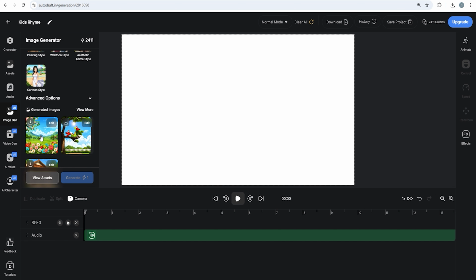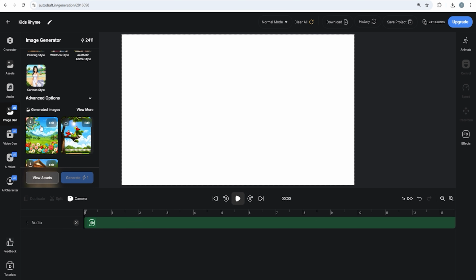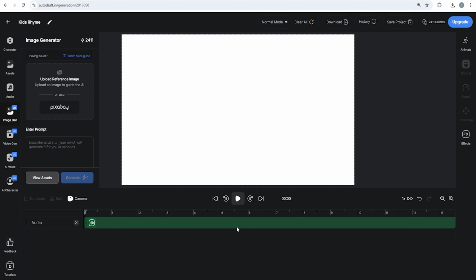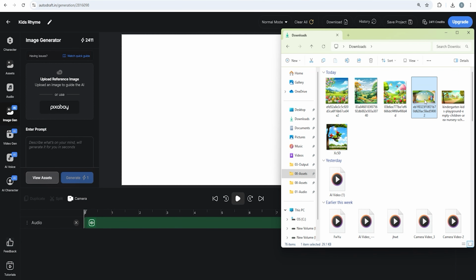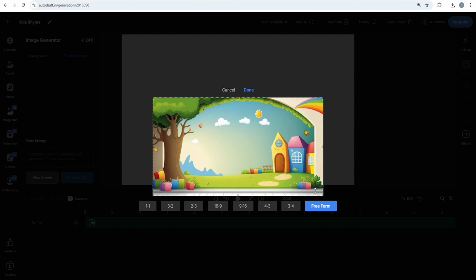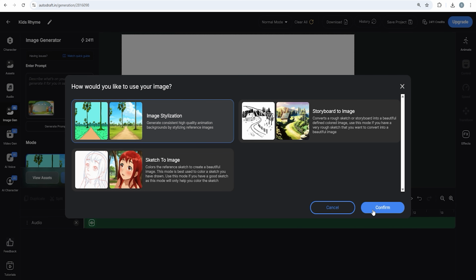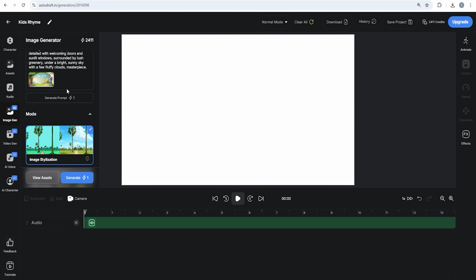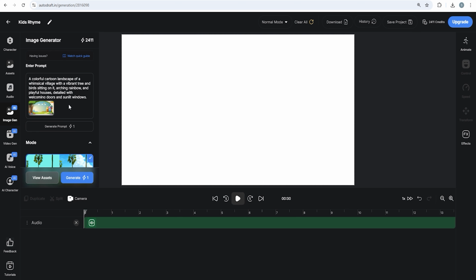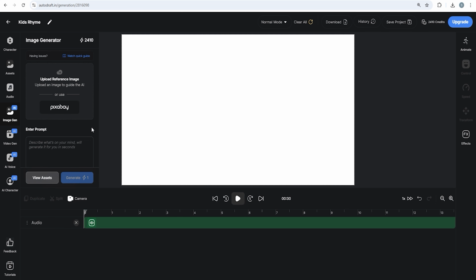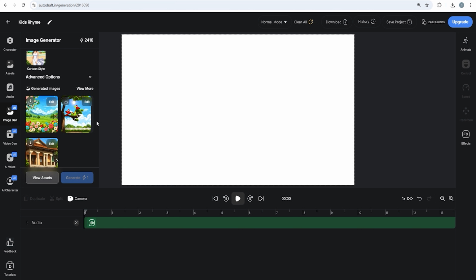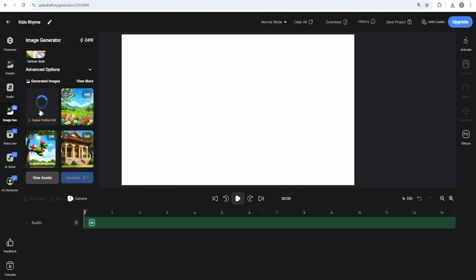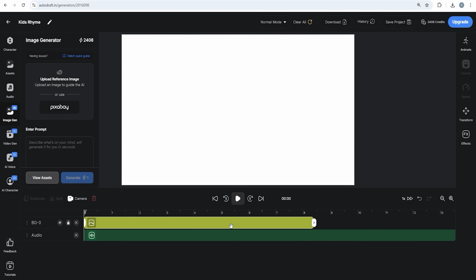Now we move towards our next background. I'm simply going to drag and drop again. If you're doing it on your phone, you'll need to upload by going to Reference Image. Click on Freeform and click Done. You need to select Image Stylization, friends. Be careful, and you can generate the prompt yourself with one click of AI. You don't need to do anything extra. And in this way, we've put our third background on generation, and in just a few seconds, it's been generated,